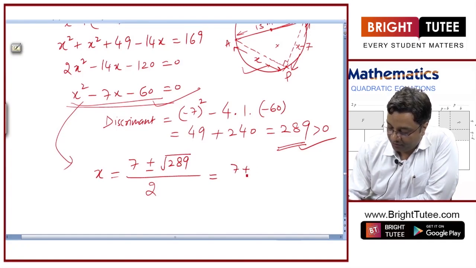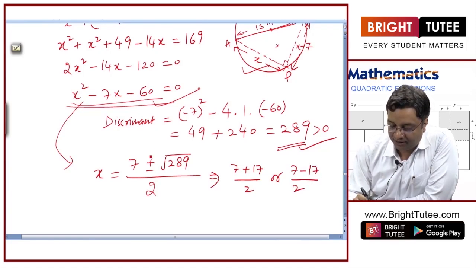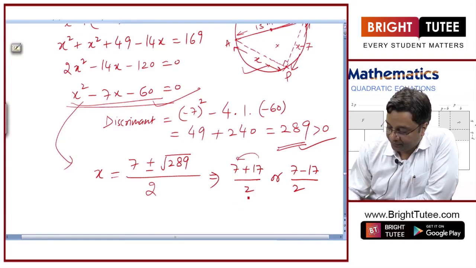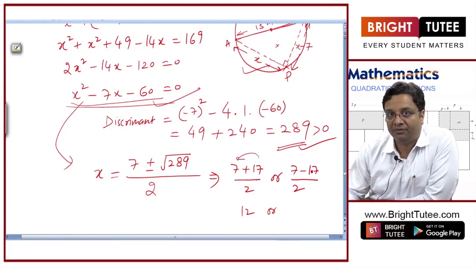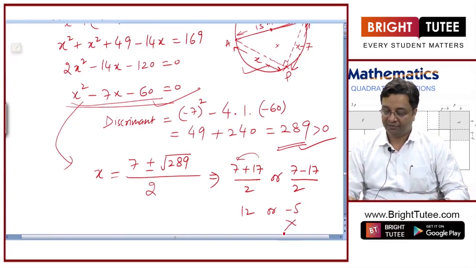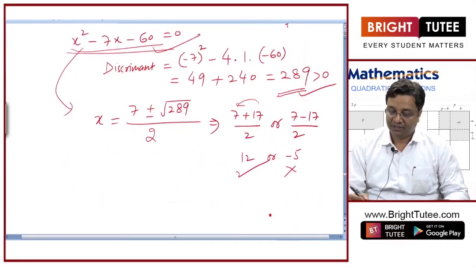So, 7 plus 17 by 2 or 7 minus 17 by 2. Once I considered the plus sign, once I considered the minus sign. So, x will be equal to 17 plus 7, which is 24, by 2 is 12, or 7 minus 17 is minus 10, minus 10 by 2 is minus 5. So, we cannot consider this one because distance cannot be negative, hence x is 12, right, which is the distance